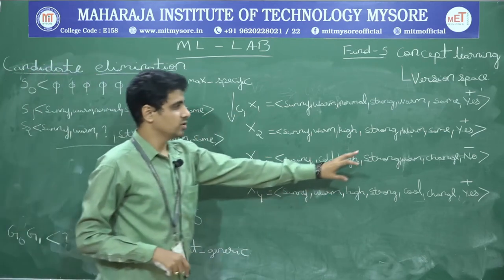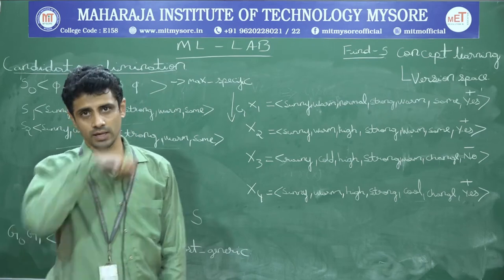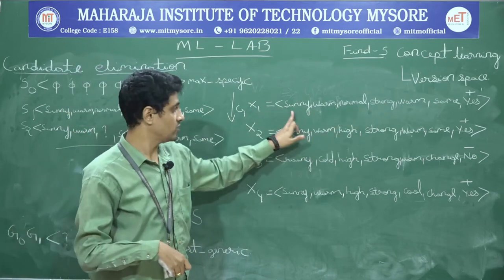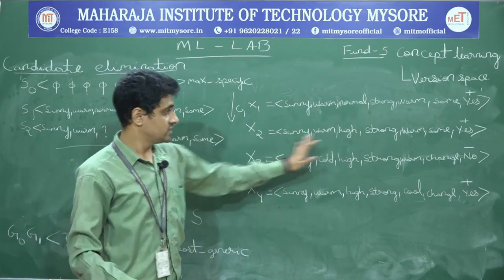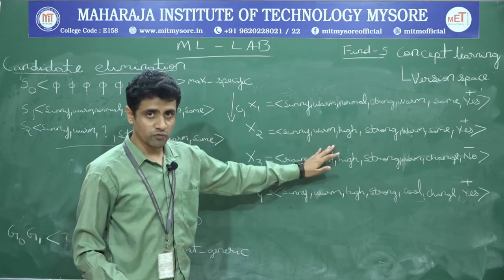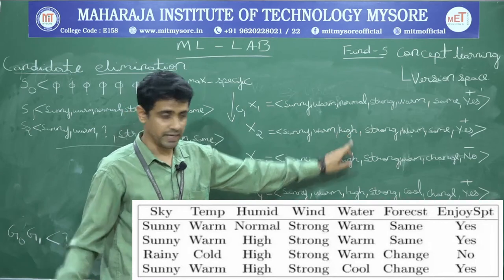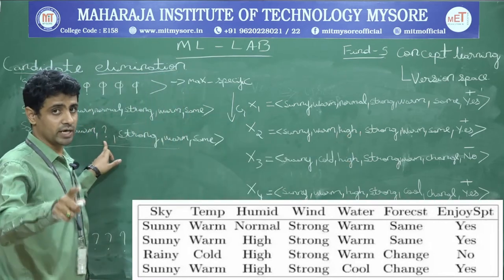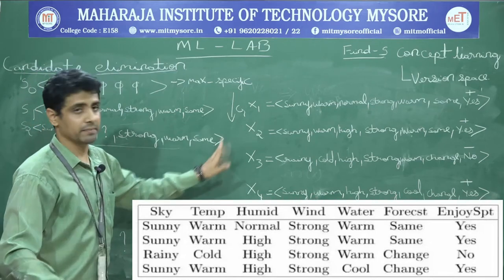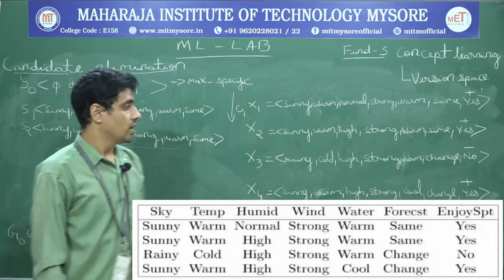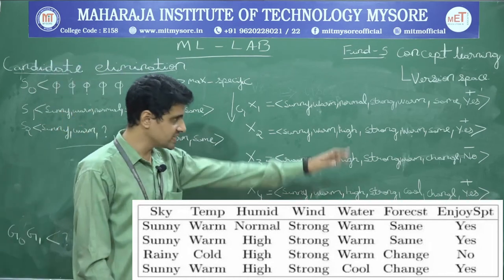Normally what this S indicates is how you train your machine. It says that if you have these values for all the 6 attributes, classify it as positive, meaning the game can be played. What difference do you find in these two? Whether the temperature is normal or high, the game can be played. So I put a question mark. Question mark indicates that for any value of that attribute, with respect to the other attributes, the game can be played. Positive.